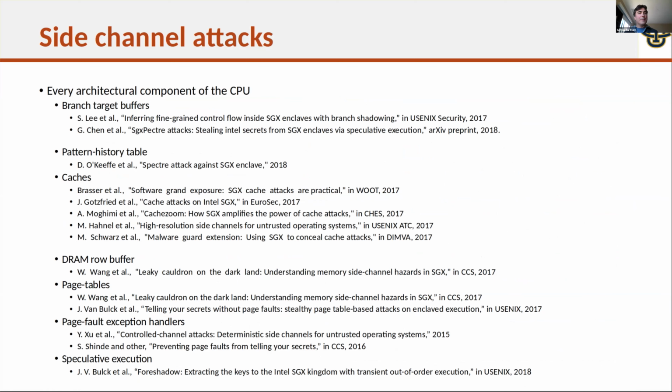So that's cool. So effectively, every speculative microarchitectural mechanism of a CPU was attacked, right? Branch target buffers, there's a couple of papers here. Pattern history table, yes. Caches obviously were attacked, like everything is a side channel. DRAM row buffer, page tables, page fault exception handlers, speculative execution itself, right? So it turned out that CPU designers were totally not ready for this amount of side channels. And if in the past those side channels were barely practical, with SGX, well, they became very, very practical because